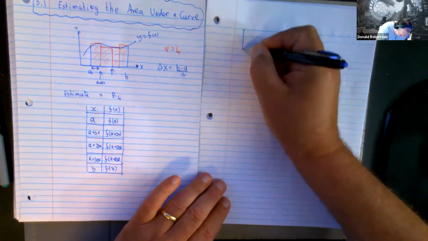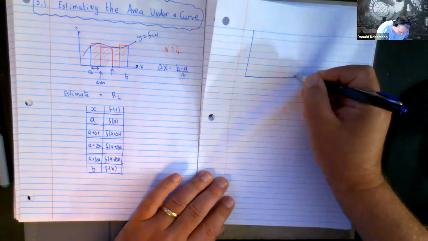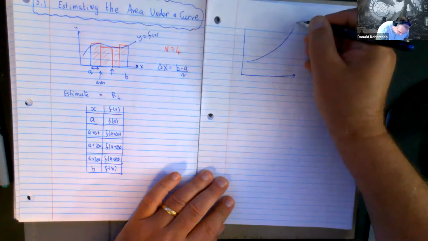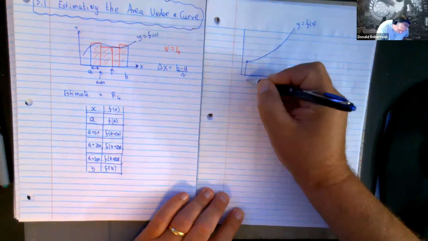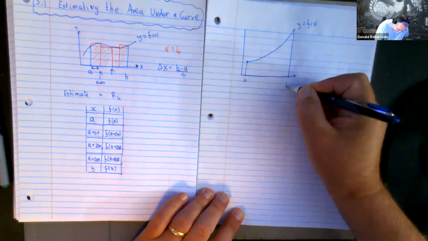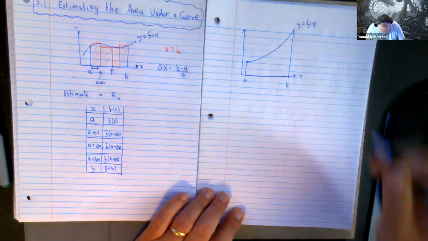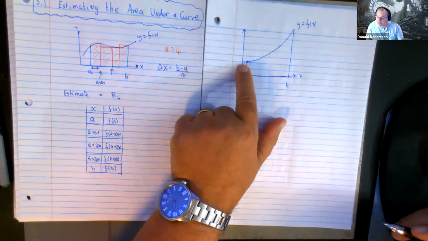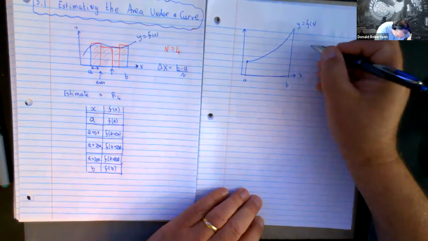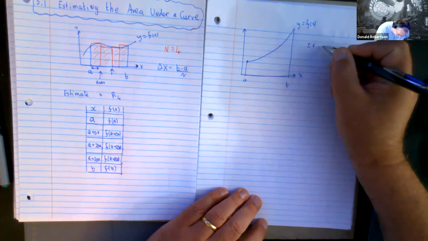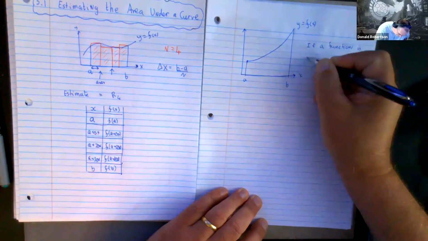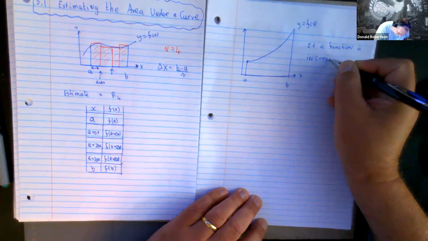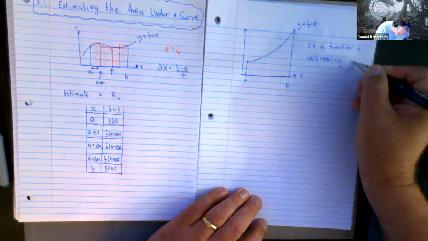Let's work on numbers. Suppose I have a function that starts at a and finishes at b. For this function, do you notice that it's increasing? That's important. So I'm giving you a little property here. If a function is increasing in the interval ab,